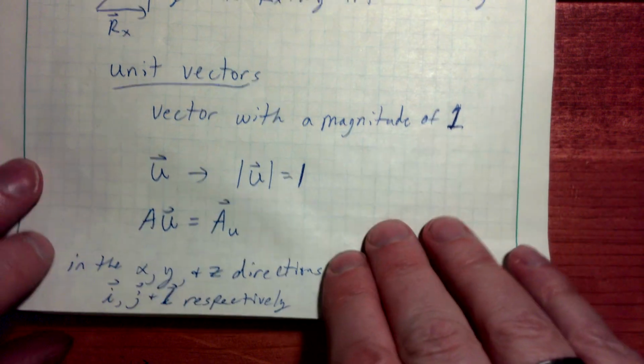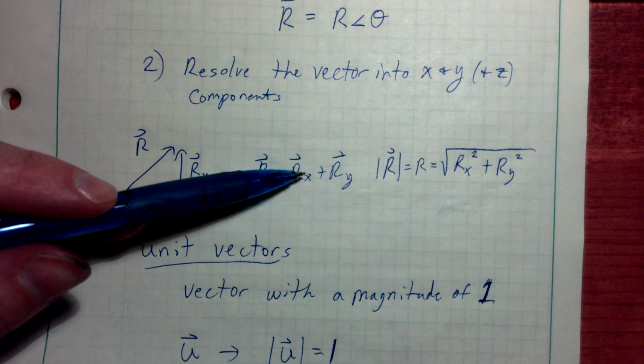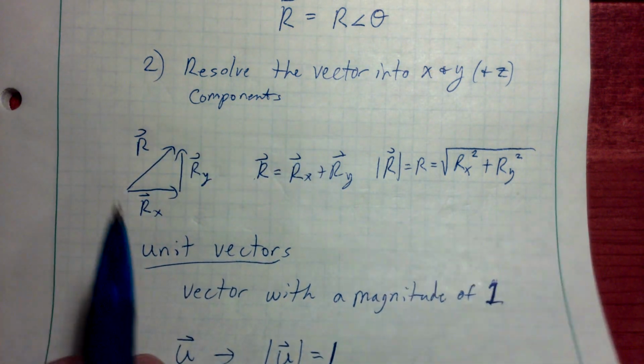What does that mean? Well, you see what we did earlier. We said, well, I can take r, and r can be the combination of rx and ry vectors. I could also write it this way